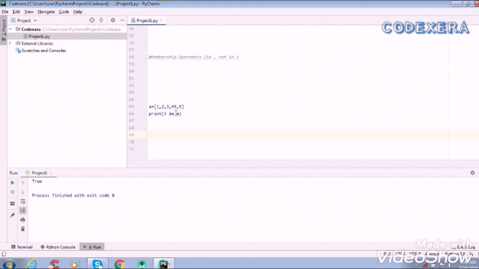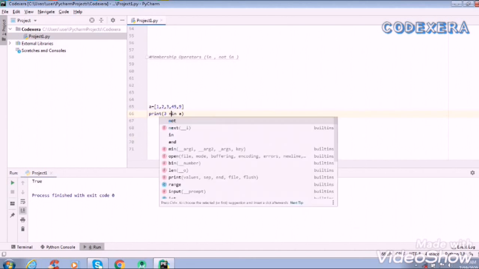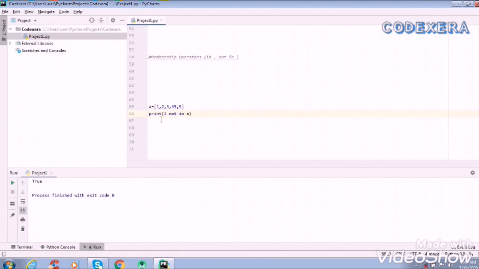So this is membership operators, which are very easy to use by using two keywords, that is in and not in. What if we write not in? I will show you. Now it is saying that 3 is not in this collection, 3 is not belonging to this collection.